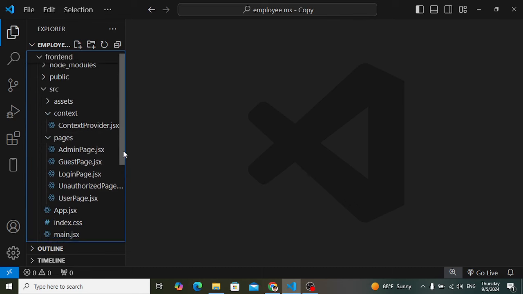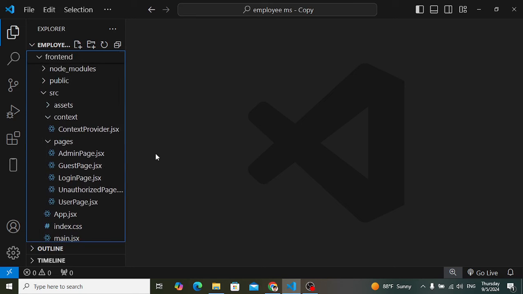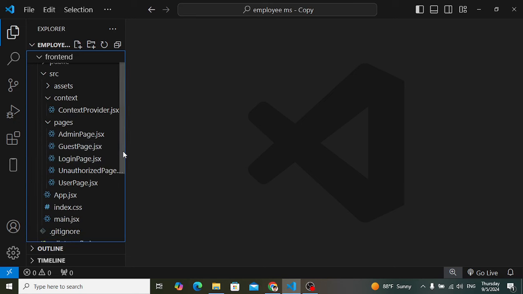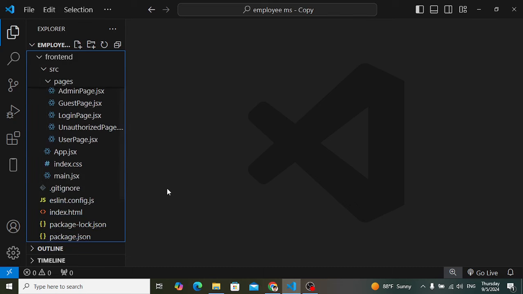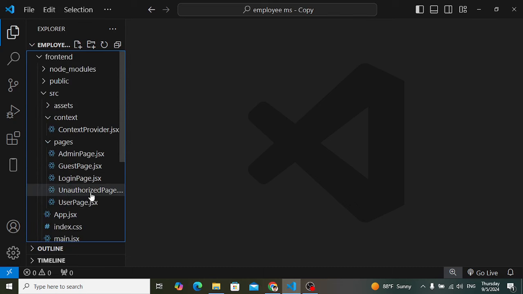For example, the admin can access all the pages, like the admin dashboard and other pages, and the user can just see his profile, and a guest. So we will display these different pages to these 3 roles that we will manage in this example. We will use React.js and also React Router for routing. So we will create protected routes and private routes to manage these routes, to display different pages to different